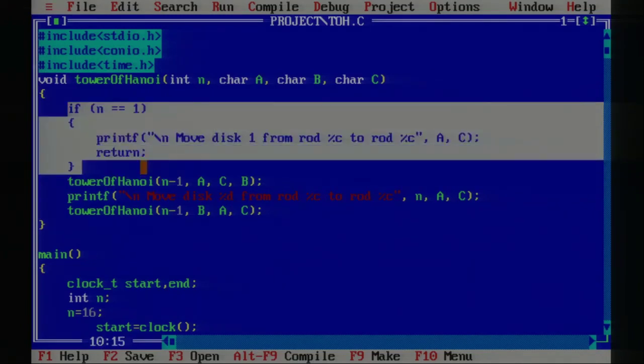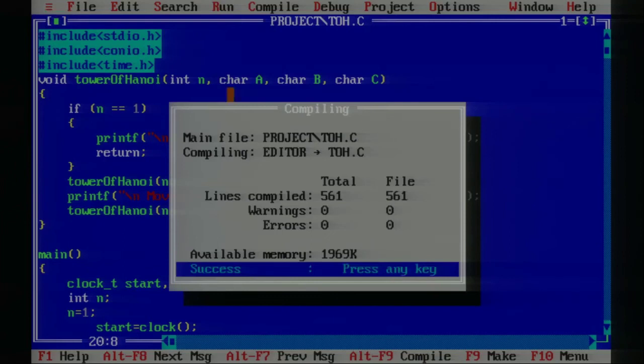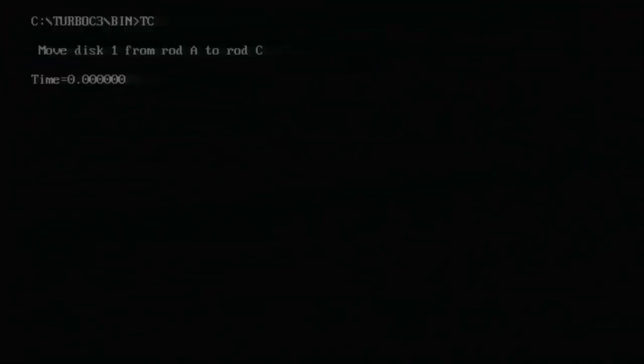What if there is only one disk present? We have taken the value of n as 1, so move that one disk from A to C, as you can see over here, from rod %C to rod %C, so that they represent A and C. So this is the source. A can be called the source, C can be called the destination. So from A to C you have to move it. Let's make the value of n as 1, compile this and run. Here, if the value of n is 1, this is what you're getting. Move disk 1 from rod A to rod C.